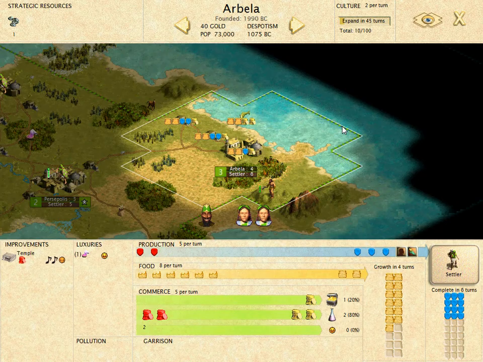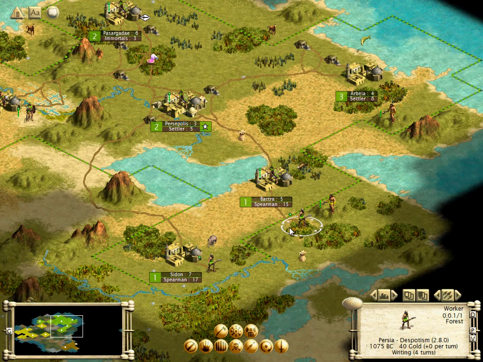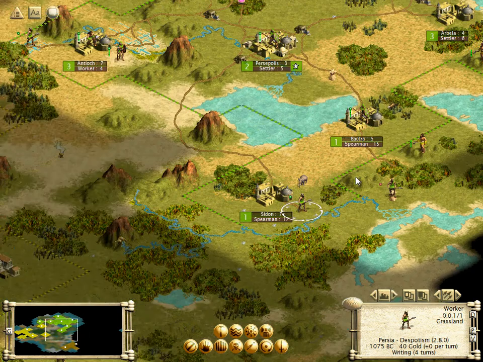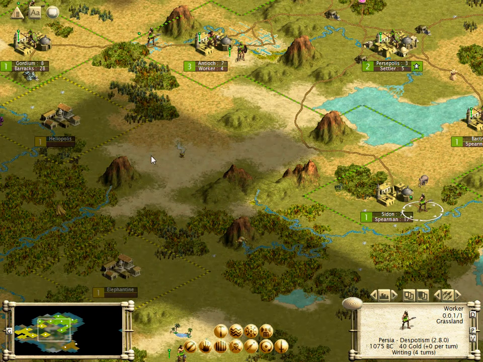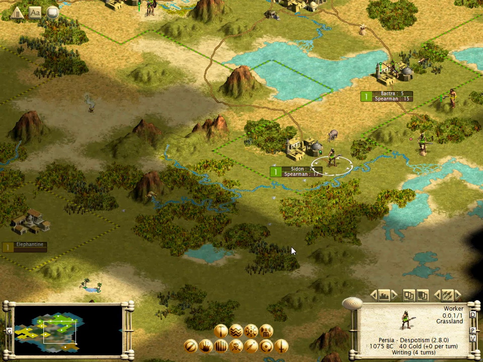Arbella has expanded its borders, so it's now accessing this more productive square over here, so it's considerably more efficient now. That's a rather good thing. We're going to be putting another city in and around here, I should think. It's not too far from our capital, so it should be fairly productive. And we're going to try to fit in maybe another city in here to grab this incense, and probably another one here to take advantage of all these